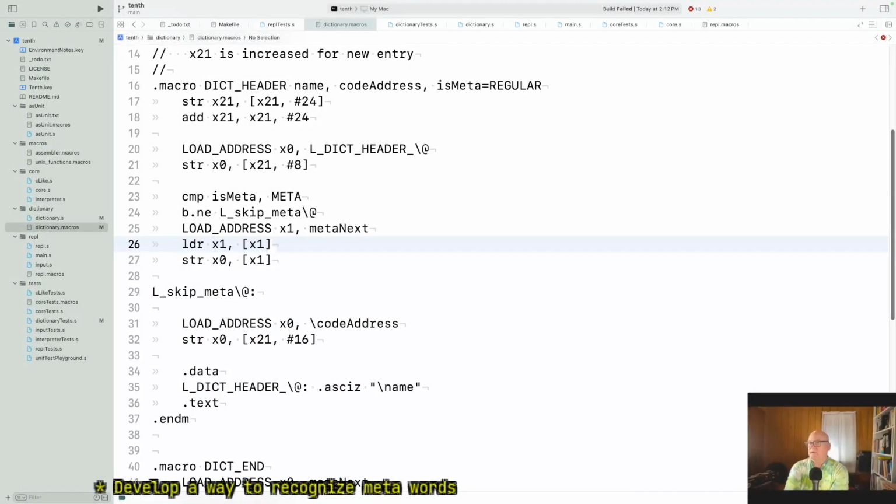No. The value wherever meta next is pointing at, after the last entry, is the next cell that's supposed to be ready to take a string, but if we're done, it should have a 0 in it. All right, so I may be mixing things up here. I get the address of meta next, which is a pointer. I dereference it once, which now gives me a pointer to the slot, and then I store x0 at that slot. And then I think I need to